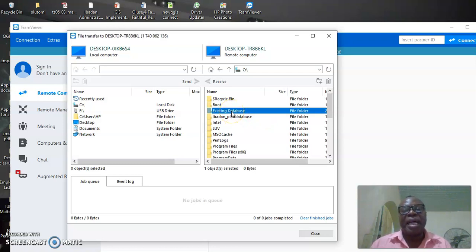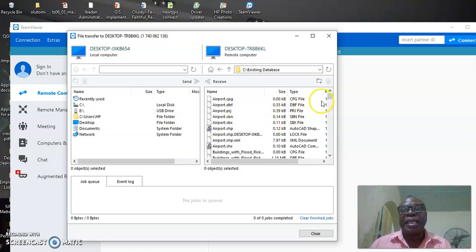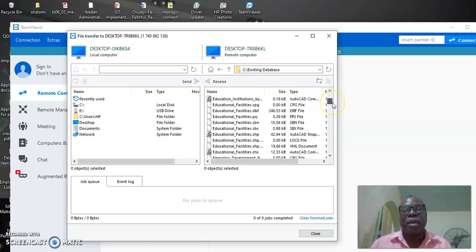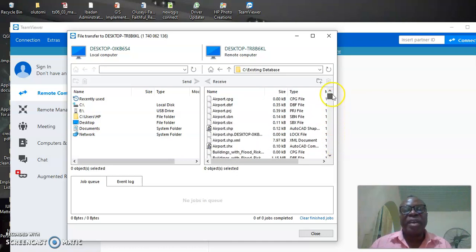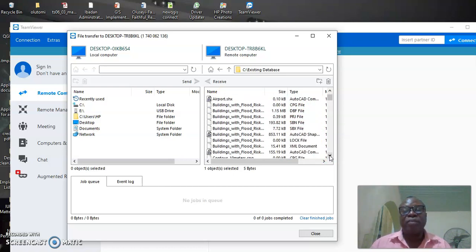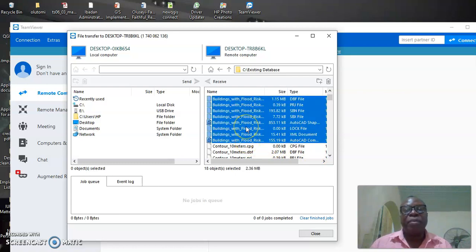I have data. These are spatial data on the airport, education facility, and so on and so forth. So I'm going to fetch some data here. I want to put this data, airport, and the building with flood risk. These two files I'm going to copy. These are shape files which can be used for